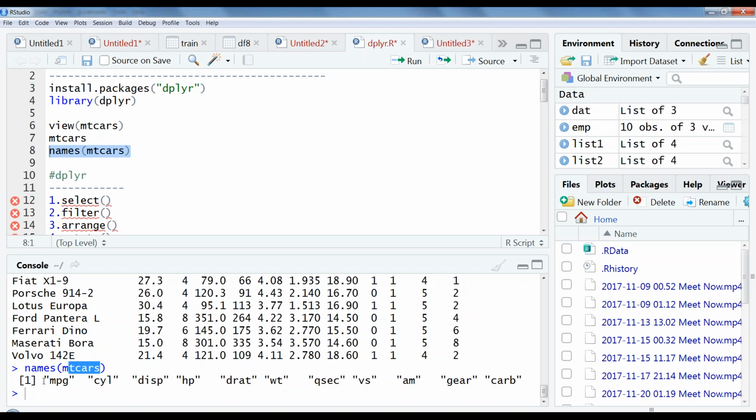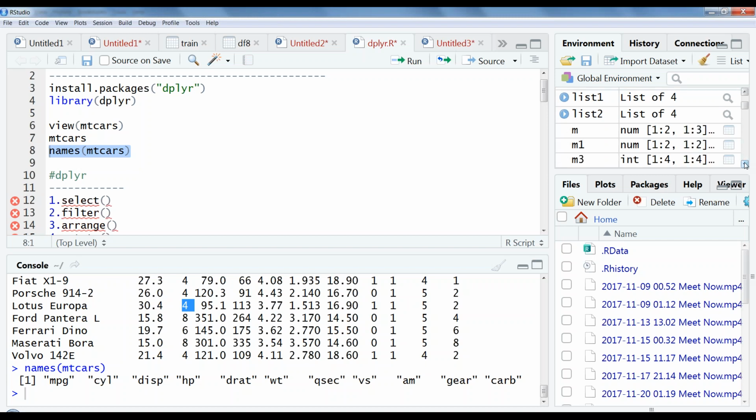For example, the Lotus Europa has an mpg of 30.4. Now we have a basic idea about mtcars, and on this mtcars data frame I'm going to explain the operations I'm going to perform.